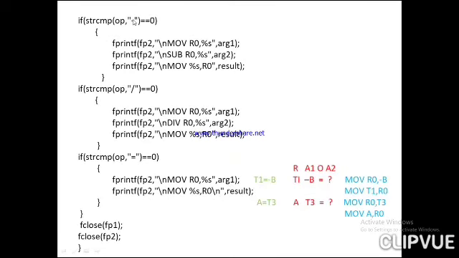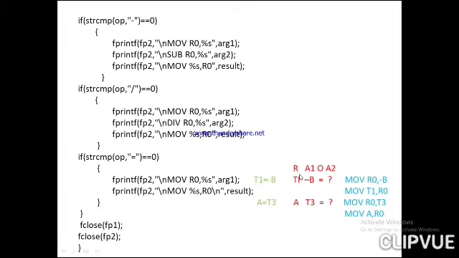Same thing if it is a minus, or if it is a division. If your expression has a minus operator or a division operator, we print the same thing, because as I told you, this code has to be executed for any given expression, not only for that particular expression. So we have considered minus and also division. And as I told you, if the operator you are considering is the equals operator, that is an assignment operator.